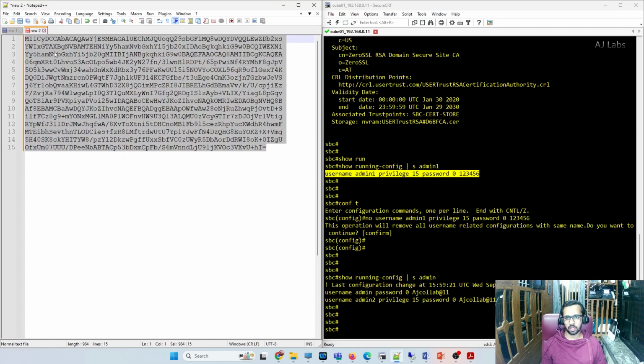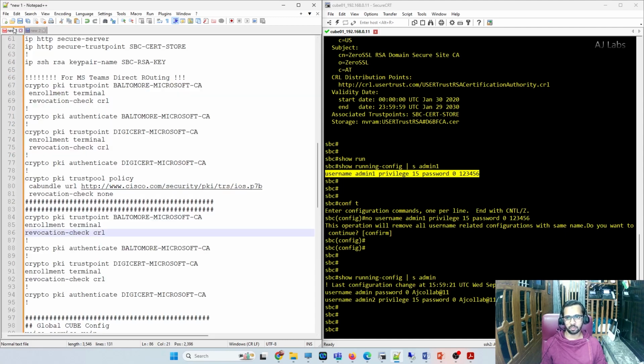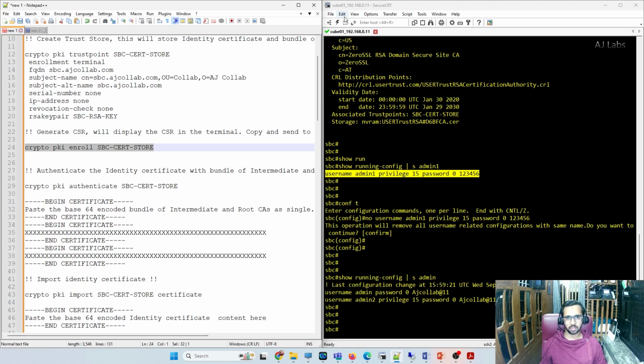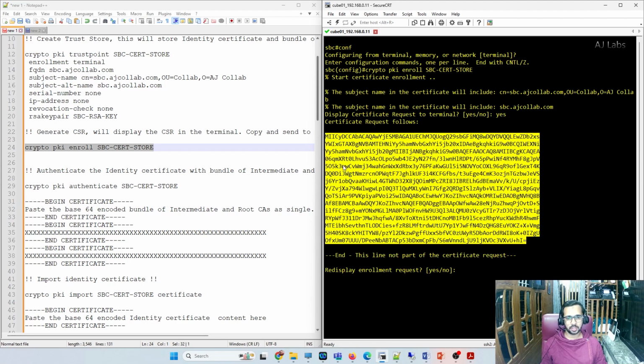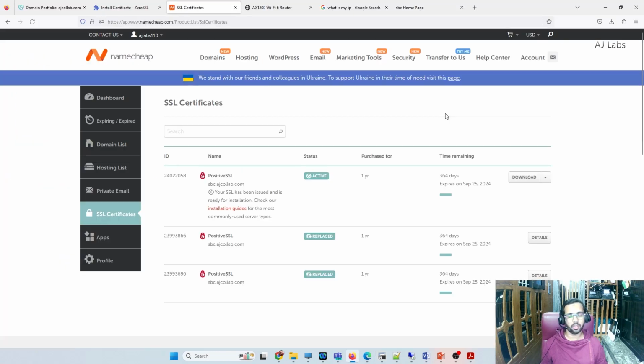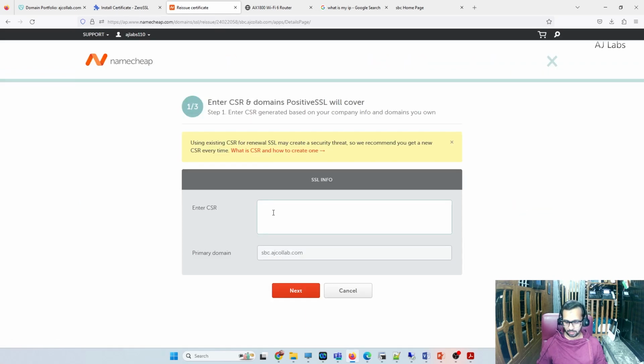Once you have your CSR, you can always see your CSR by the enroll command. You enter the enroll command. This will display your CSR. So if your certificate provider is not ZeroSSL, if you are doing it for the real implementation, get the CSR, then go to Namecheap, which is a cheap SSL provider. I do have a certificate which is issued for sbc.ajcollab.com. I'm going to rekey that. Okay. So go to the latest active certificate, click on reissue, and then paste the CSR here